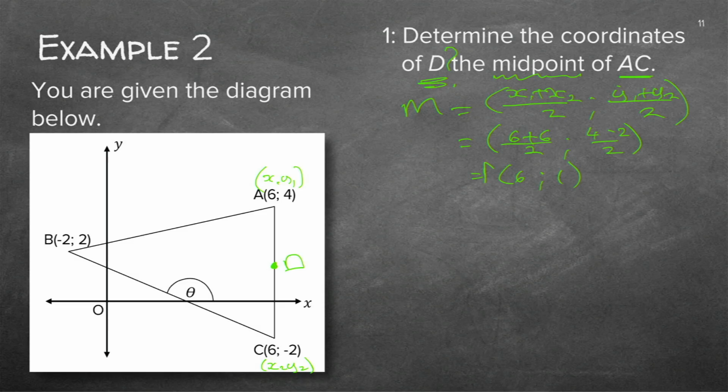Remember, I'm just going to put a D now in front because they asked you to find the point D. If you now go to your sketch, which luckily they've drawn for you, you can check that D. It is possible that 6 is there and 1 is there somewhere. You can see it clearly on your sketch, so you know you're on the right track. And they only ask you to find the midpoint, nothing else, so there's your answer.